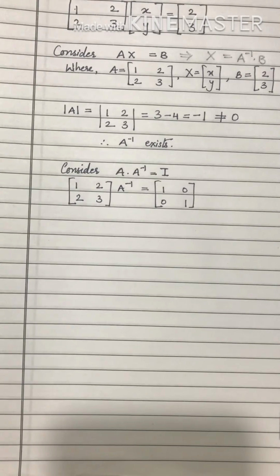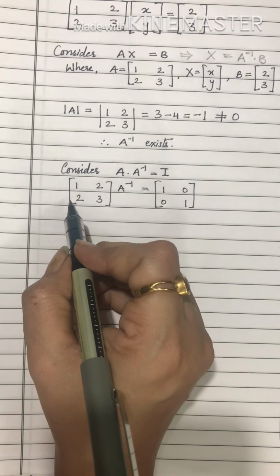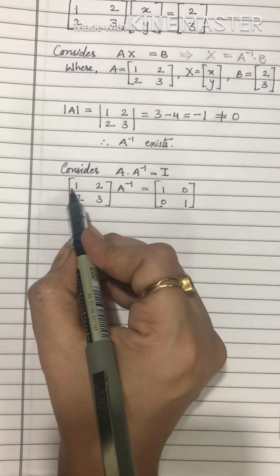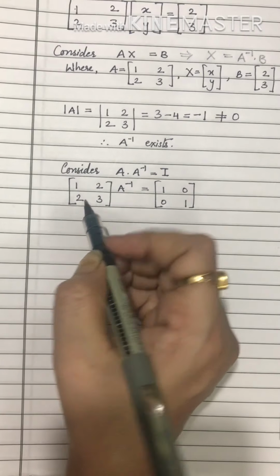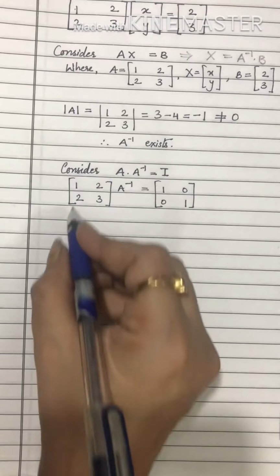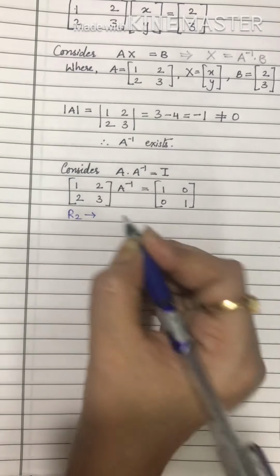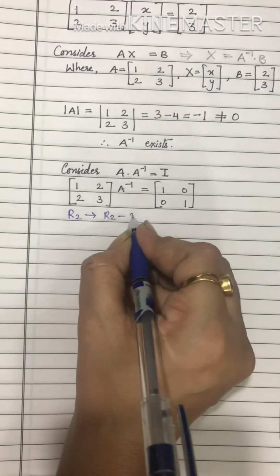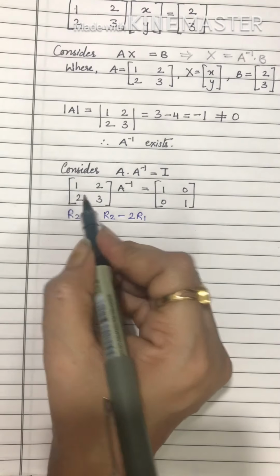Let's see. Very first, if you still remember how we proceed for using elementary transformation to get the inverse of a matrix, this element should be 1, which is already 1 here. Now using this one, try to make 2 as 0. So what transformation can we use here? This is the second row, so I'm trying to perform the transformation on R2. So R2 becomes R2 minus 2R1. If I use this, then easily I'll be able to make this element 0.